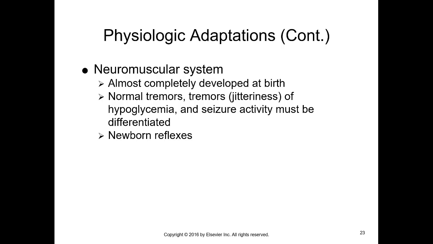Next is the neuromuscular system. So the neuromuscular system is almost completely developed at birth. The brain requires glucose and a significant amount of oxygen for adequate metabolism. So next it talks about normal tremors, tremors of jitteriness, of hypoglycemia, and seizure activity, and how you can differentiate